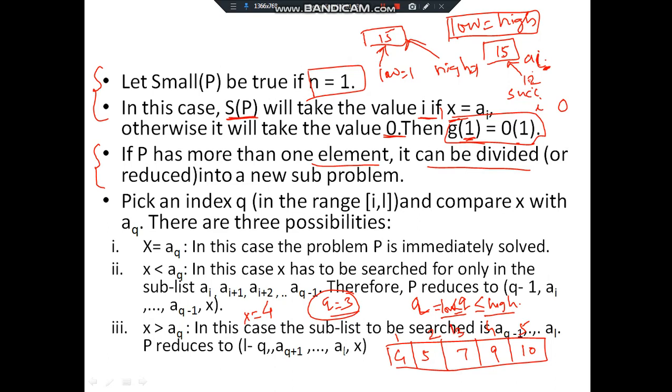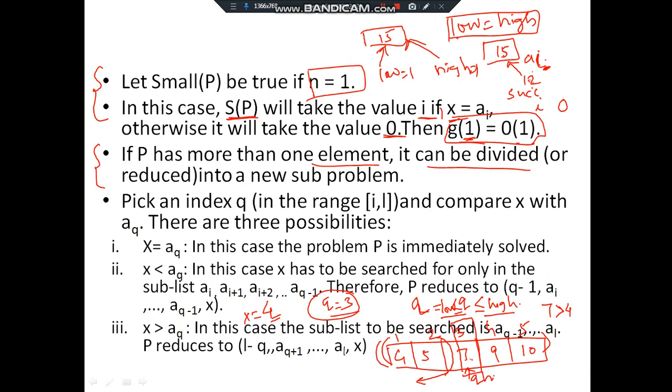So if I choose q equal to 3, what I find is the value at the third index is 7, and 7 is greater than 4. As I know that this list is already sorted, if this value is present in this array, it will be present on the left hand side of the q index. So I will update high, I will bring my high here. Instead of keeping this large problem, I will now reduce my problem from low to high minus 1, so my problem will remain with the 2 values only.